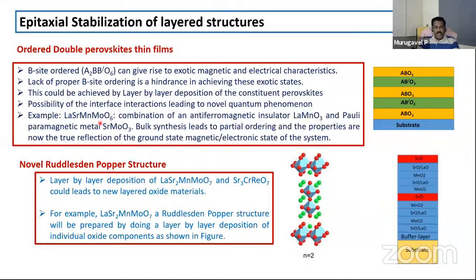For example, if we have the antiferromagnetic insulator LaMnO3 and the paramagnetic metal strontium molybdate, and if we stack them in sequence, it's possible to have a B-site ordering, which can be a different ground state. And if you try to make it in bulk, it's not possible to get the actual expected ground state. So he is planning to extend these studies to other series like the Ruddlesden-Popper structure, and is also